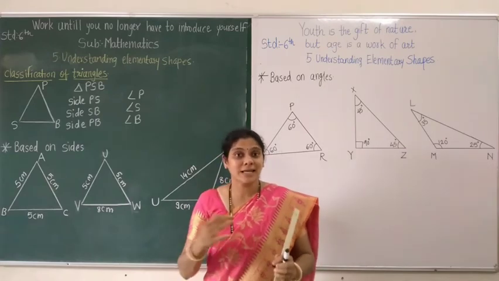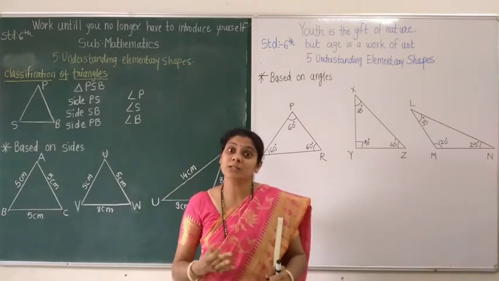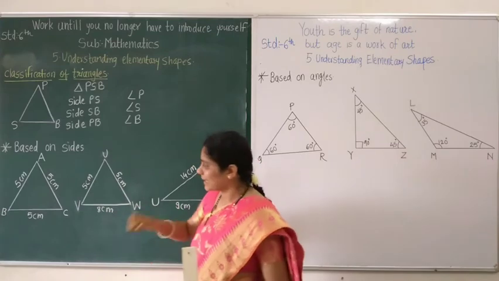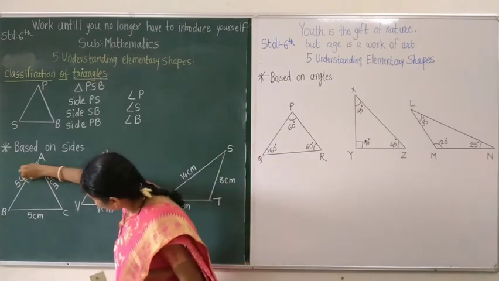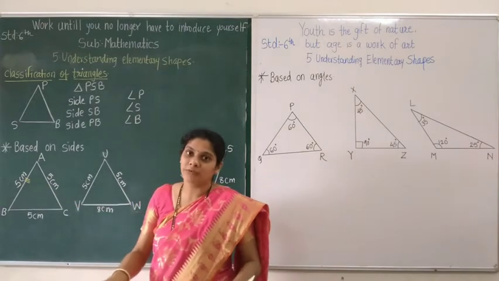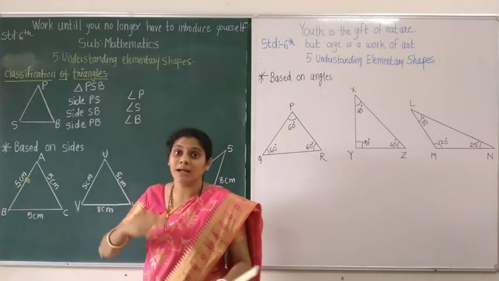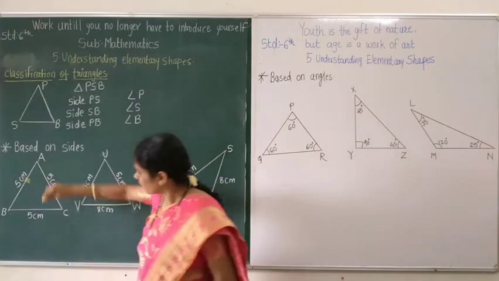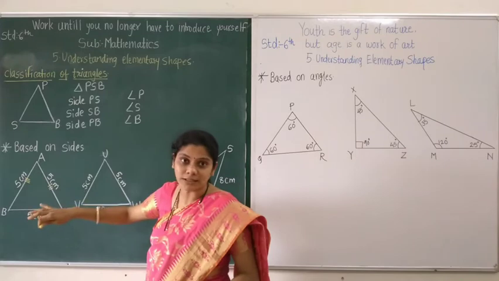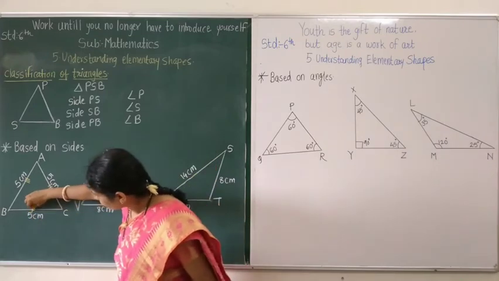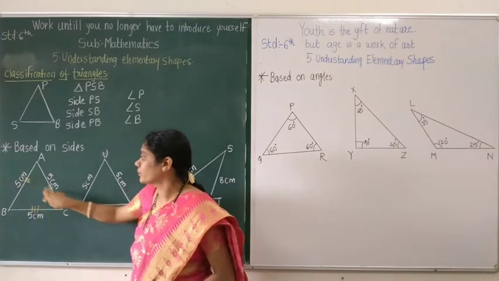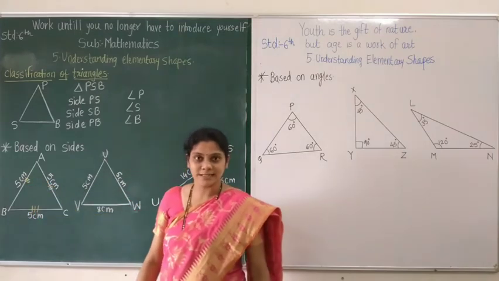Okay, sometimes they give us measurements or sometimes they give us only the sides. As like this, three sides are equal. That means I can show the same sides like this way. Instead of these lines, you can draw only one line, or you can draw four lines also, or you can show different signs, but you have to give the same signs if all three sides are the same. That means these three sides are the same.